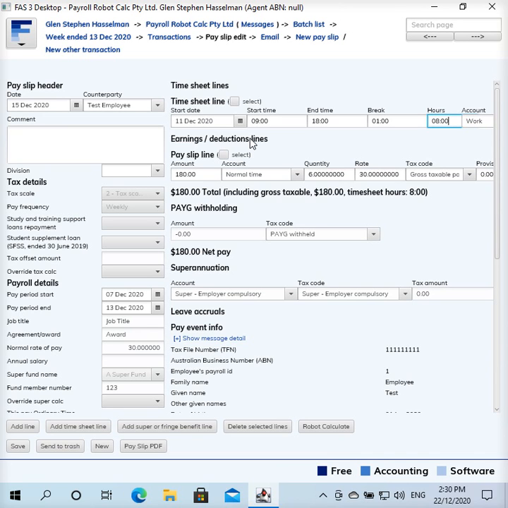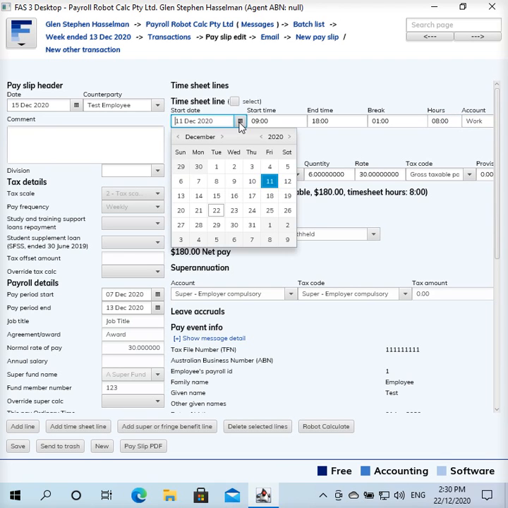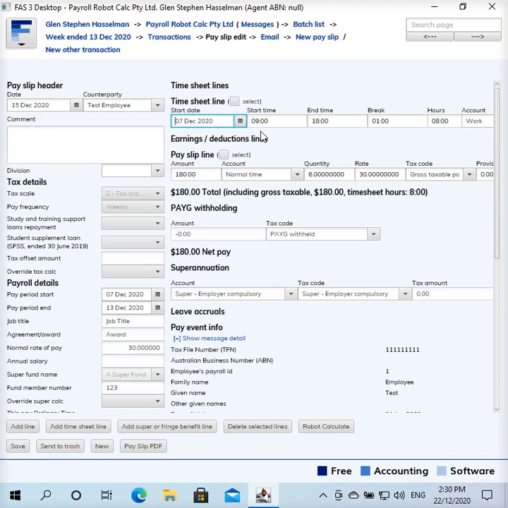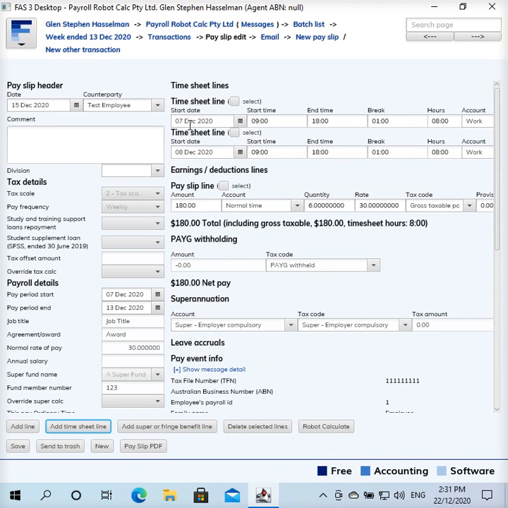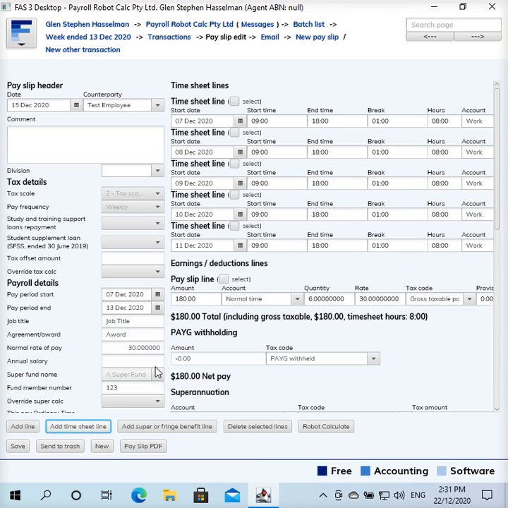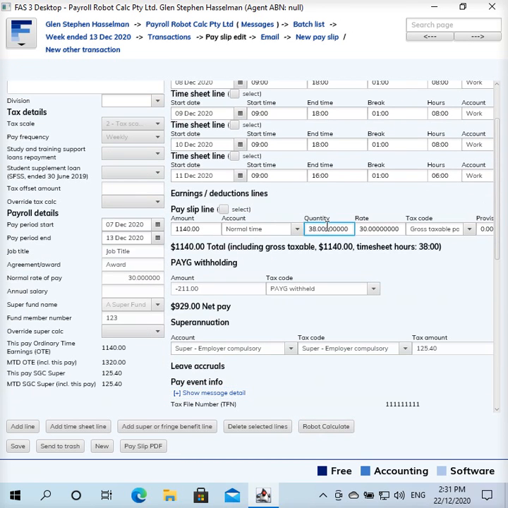Okay, so to put it all together, just changing this date to the 7th and clicking add timesheet line, so there's a second timesheet line. It's incrementing the date to the 8th of December, and then we'll fill out the rest of the week going up to the 11th, and let's say the finishing time is 4 p.m. on the Friday, and then click Robot Calculate. It will actually calculate the 38 hours